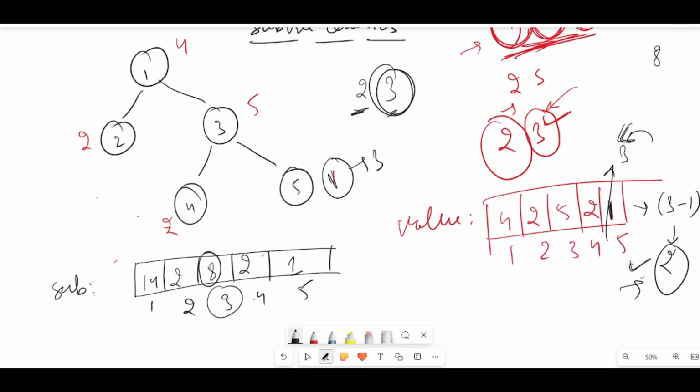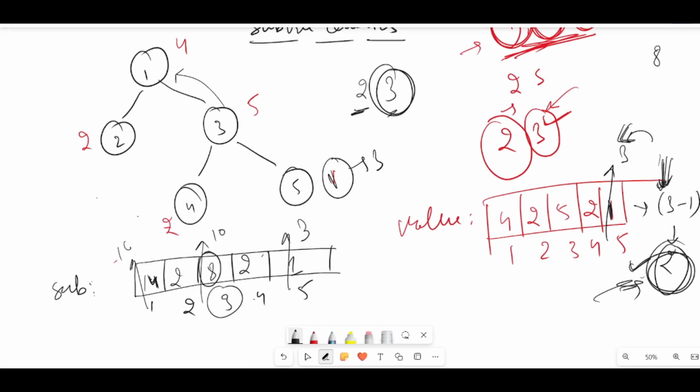Okay, so let's do it. So this will be changed to 3, then move to its parent, that would be node number 3. We'll have to change this 8 because we will no longer have 8. We'll have 5 plus 2 plus 3, that is 10. So we'll have 10 here. Now move to the parent of node number 3, which is node number 1. We have the sum as 14, but here the sum will be increased by 2. It will become 16, because the extra difference which we have to